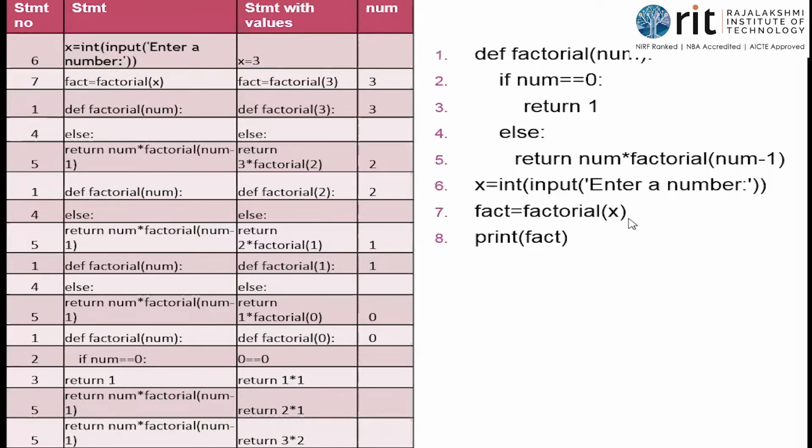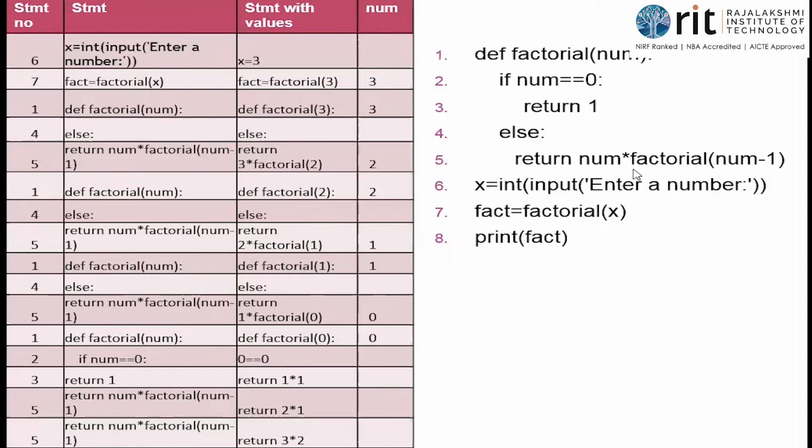So the 7th line. Line number confusion. So that 6 is stored in fact. Print fact. The answer is 6 because I've given the number to be 3. 3 factorial is 6. Okay. Make sure that this returned value is taken and placed in that particular respective expression. This is how the logic actually works in a recursion function. So instead of having the iteration statement, you can have this recursion and repeat. What is being repeated? This particular logic.